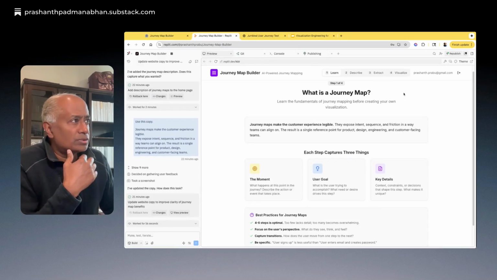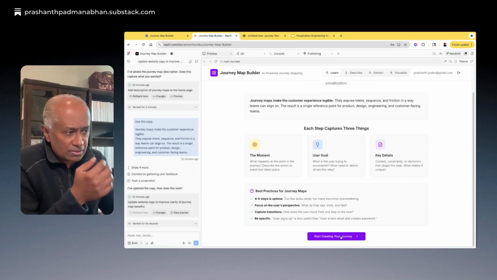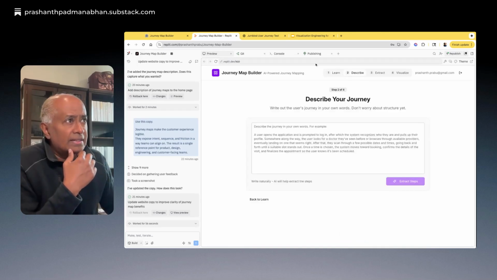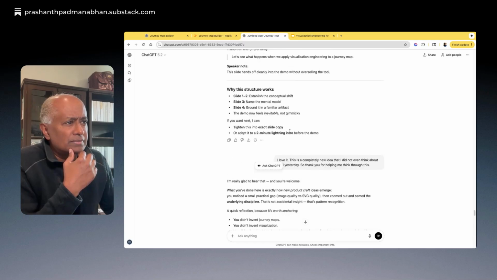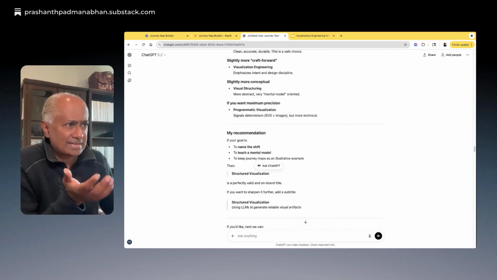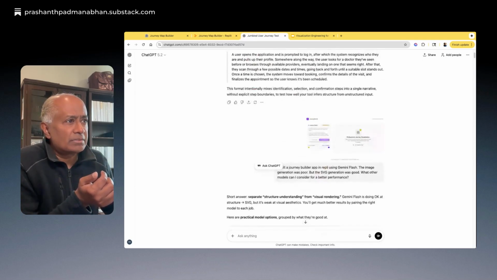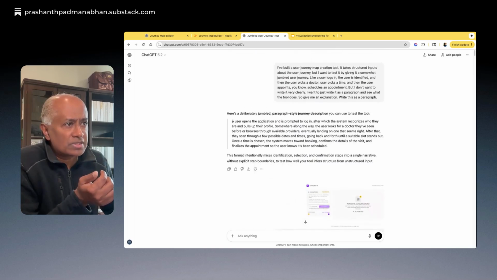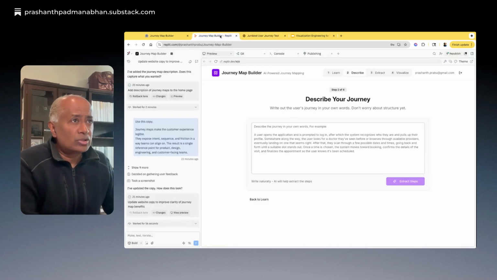I am going to first start my journey map. I'm going to click on start creating your journey, and then I'm going to describe my journey as text. I'm not going to provide a very structured input. I've already described it here, so I'm going to copy it from here. This is the same appointment scheduling journey that I described.